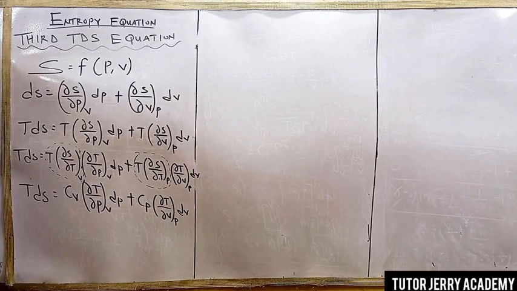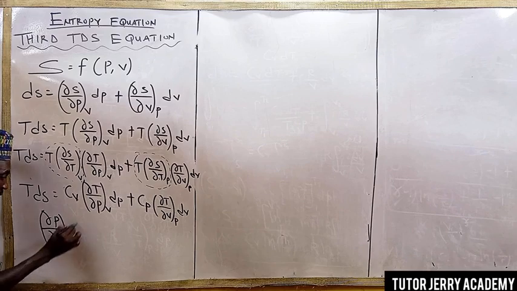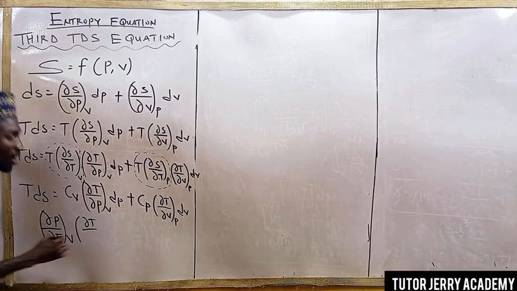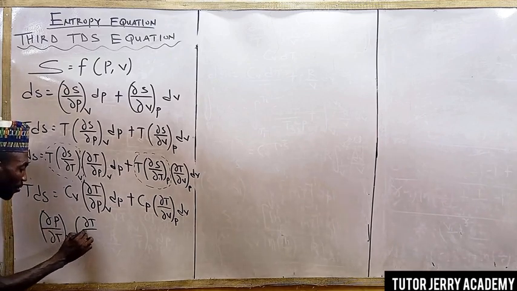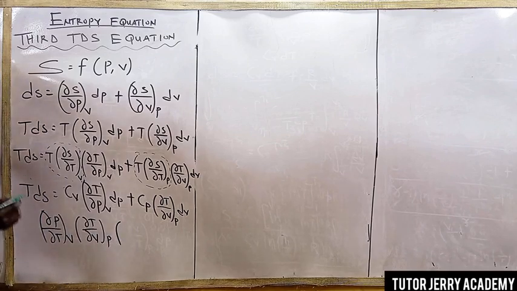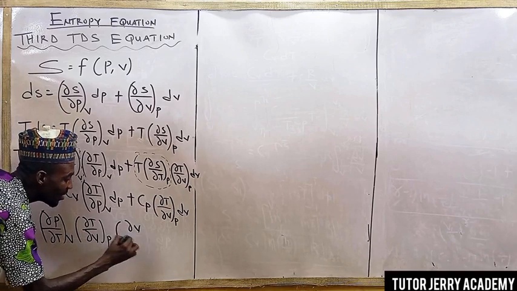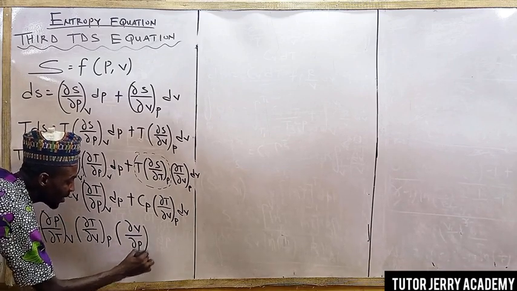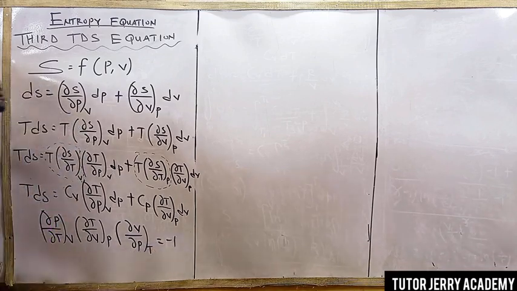We know that our cyclic relation is the partial derivative of p over the partial derivative of T, keeping v constant, times the partial derivative of T over the partial derivative of v, keeping p constant, times the partial derivative of v over the partial derivative of p, keeping T constant,